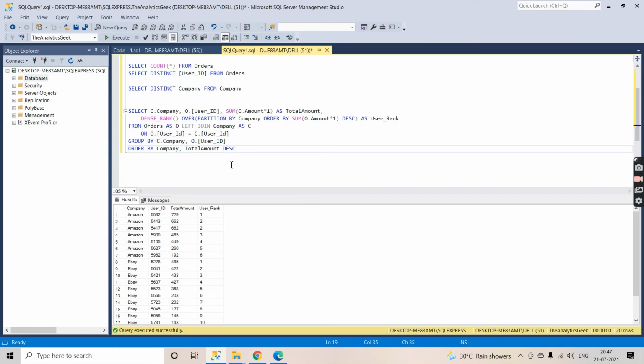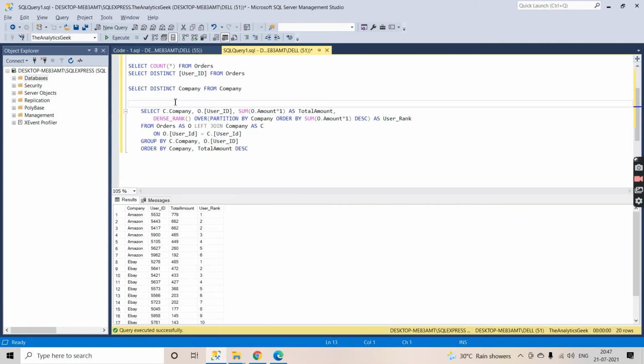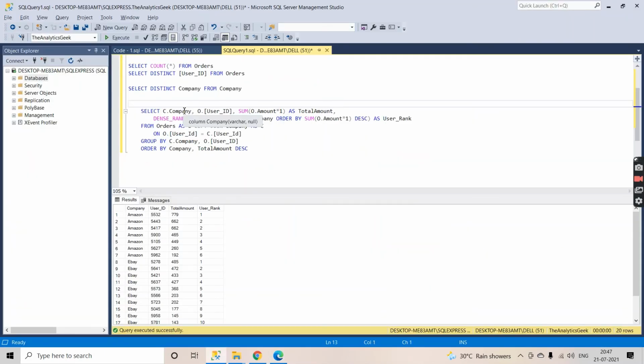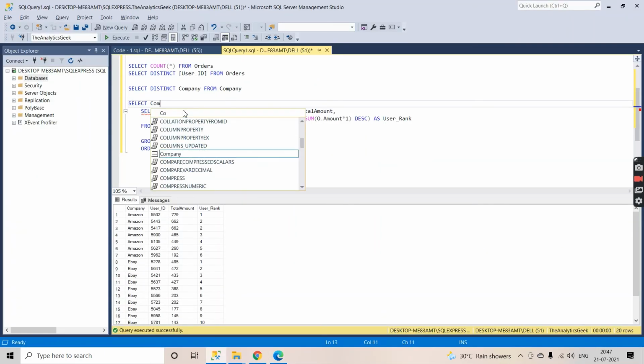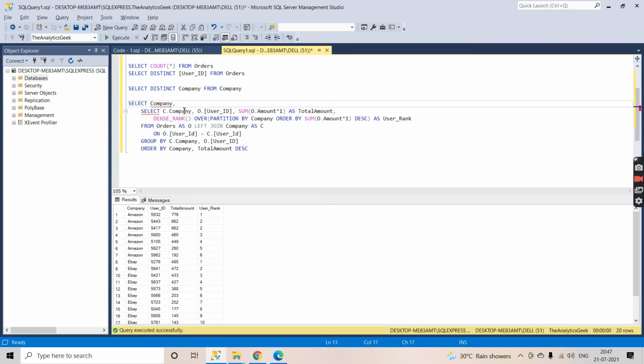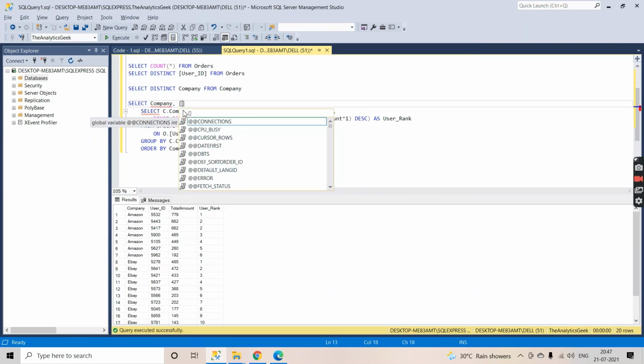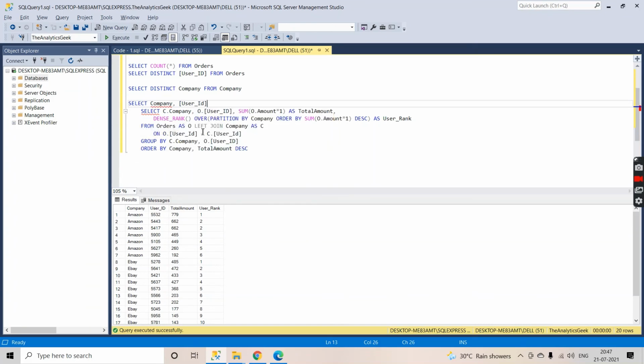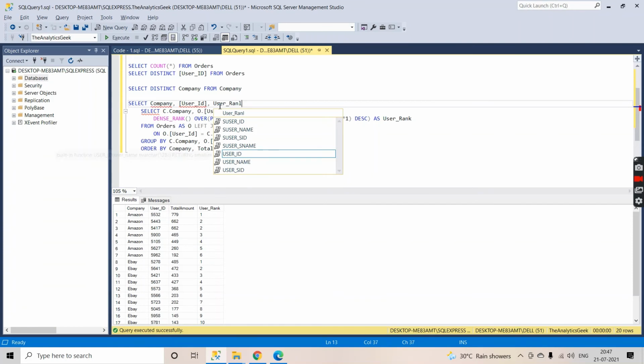because we cannot filter out the result of a window function with a where clause. So here, let's see what columns we require in our final output. The output should contain company, user ID, and rank. So I'll write select company, then I'm going to select user ID, yes, this is my user ID, and then I'm going to select the user rank,